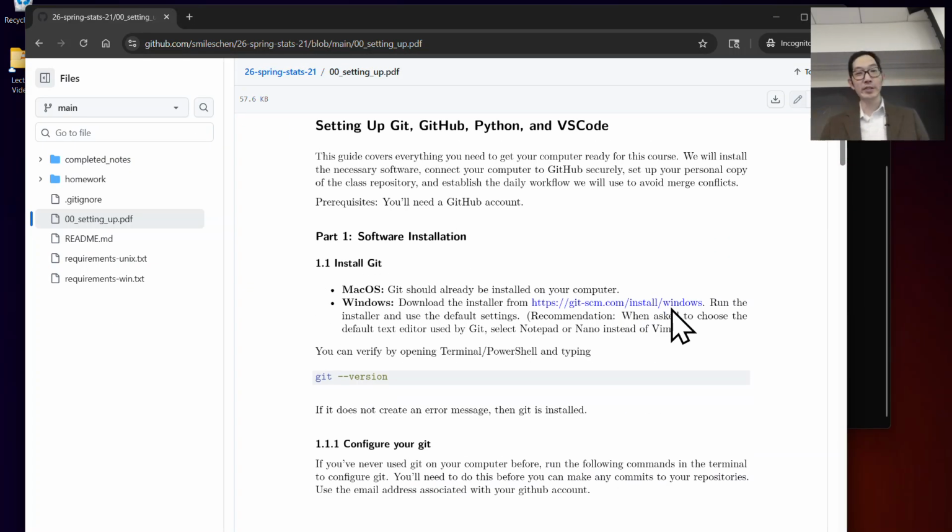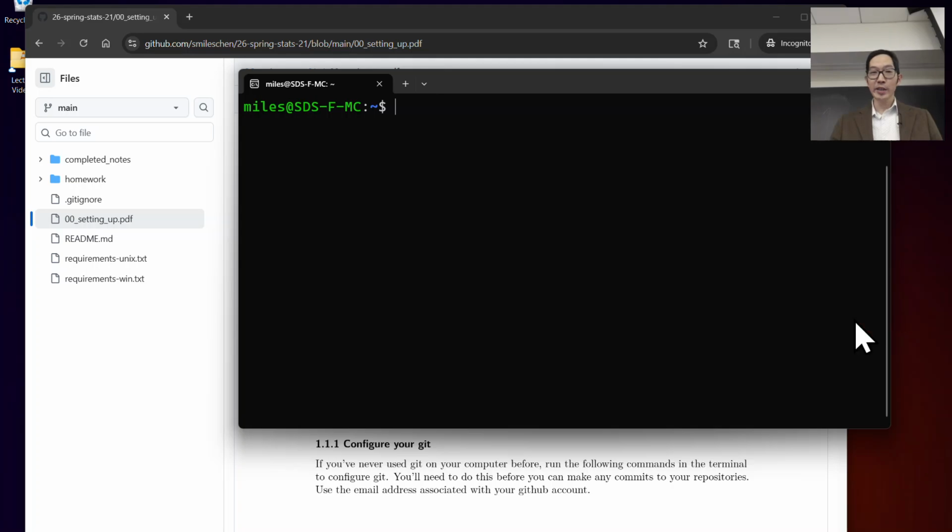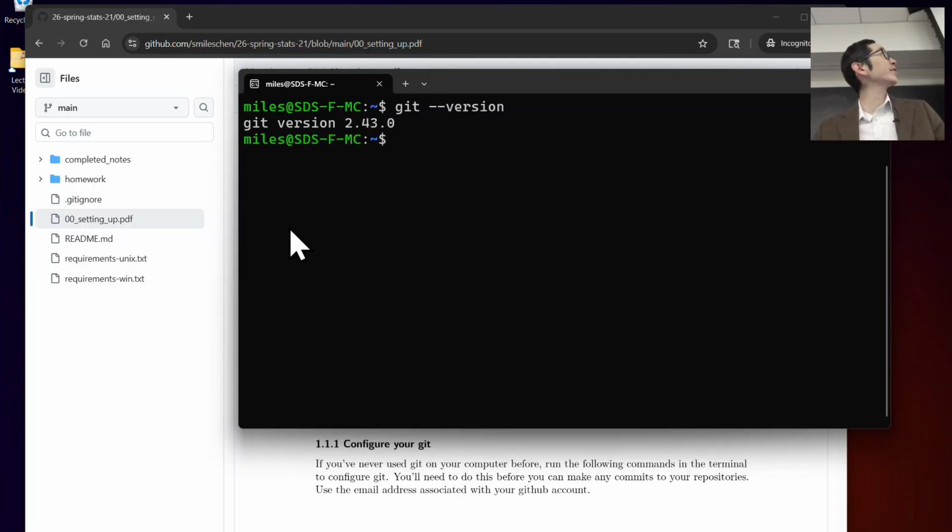So this is a Linux virtual machine on my computer, and this again is supposed to simulate what your thing is like. And so I imagine, if you're on a Mac, you already have Git installed. You can just type in git --version, and if you get something back like this, it means you have Git installed. If you don't, you'll have to go to git-scm,